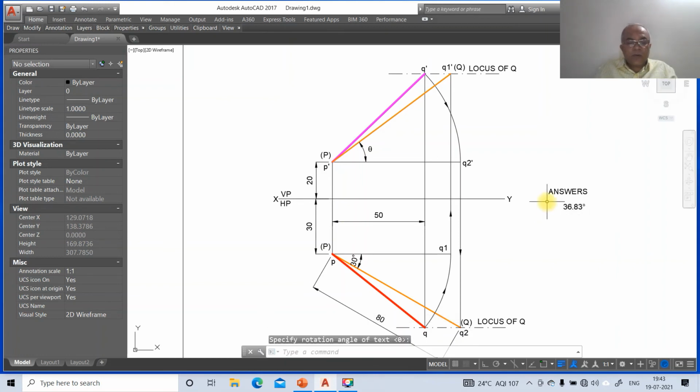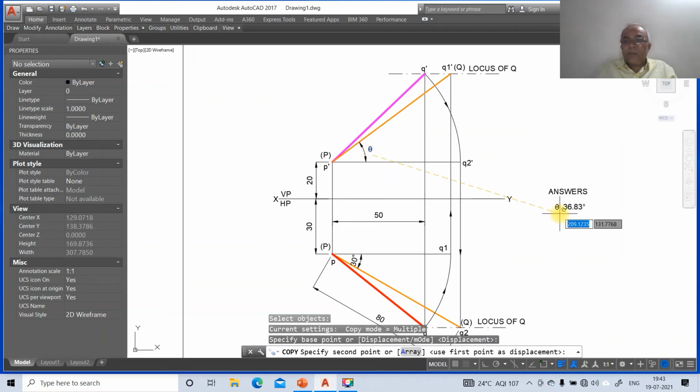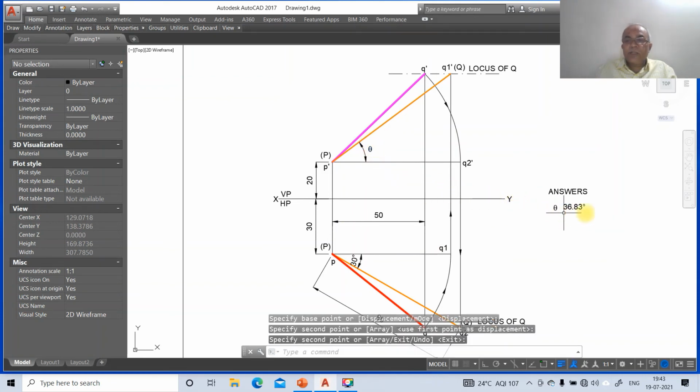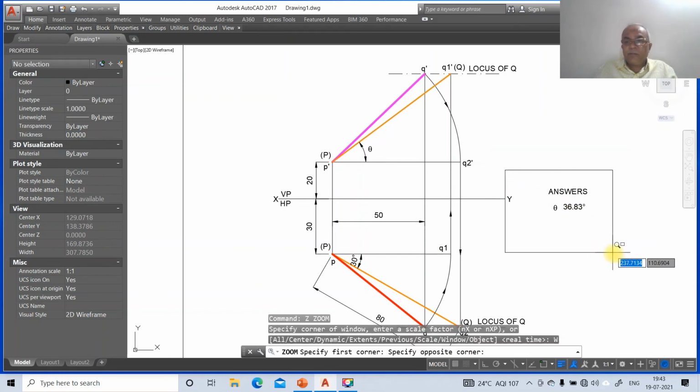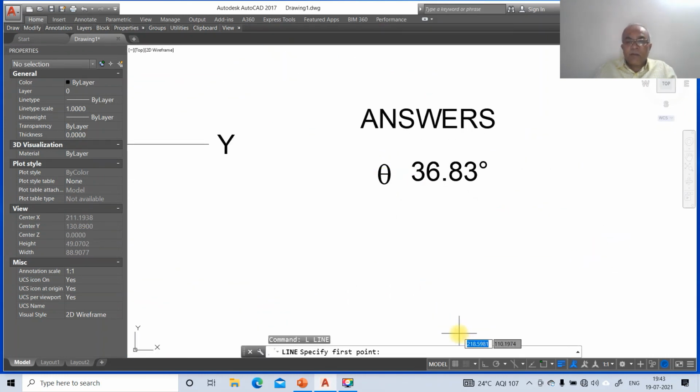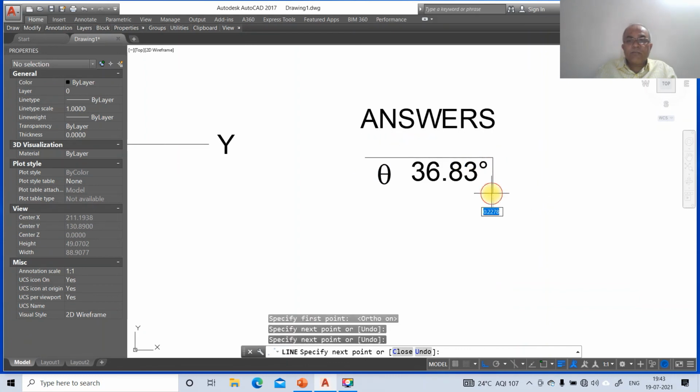Then go to copy, go to theta, and copy this here. Once you do that, go to zoom window, then go to line, switch on the ortho mode, so you draw this line.